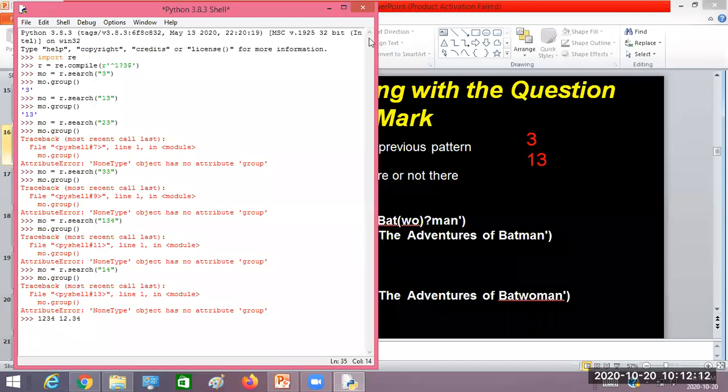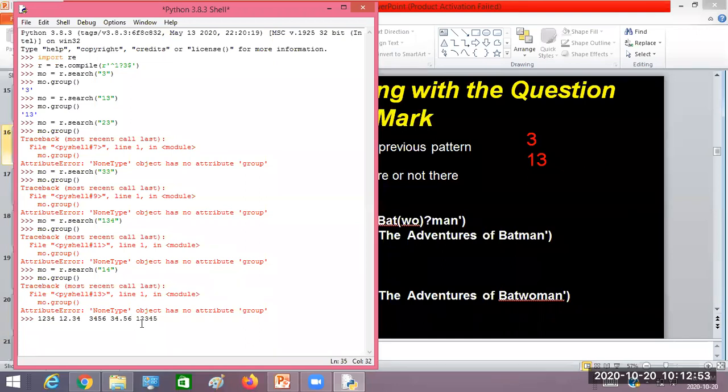So if this is the case, what is the pattern you want to write here? Likewise, another example: 3, 4, 5, 6. This is a 4-digit integer number, so it should match. Likewise, if I enter 34.56, it should match because it's a floating point number. Either my pattern should allow me to read an integer number or a floating point number. But if I enter 1, 2, 3, 4, 5, it should not allow me. Even though it is an integer number, it should not be taken as valid, right?